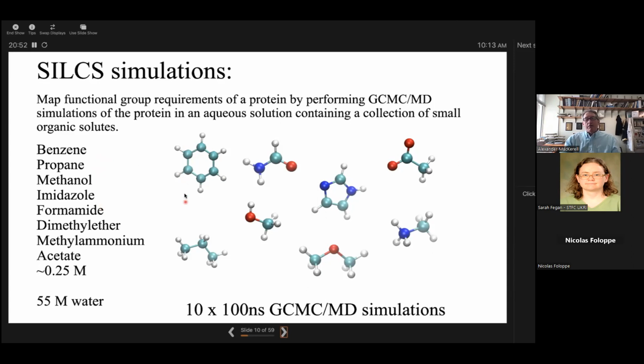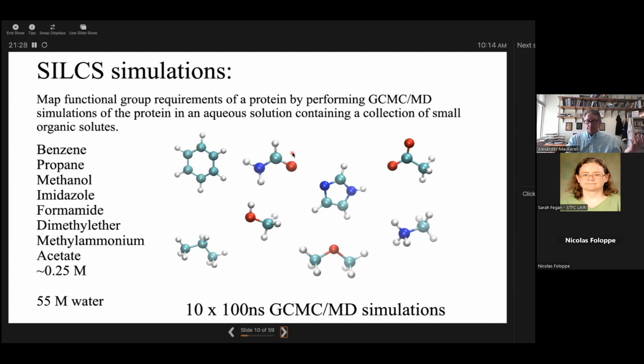And you can see we've got aromatic, aliphatic, various hydrogen bond donors and acceptors, imidazole representing a heteroaromatic, and then we've got negatively charged acetate, positively charged methylammonium, and so on. So we have this collection of solutes at a concentration of approximately 0.25 molar in the presence of an explicit solvent representation, and we do an extensive amount of sampling, approaching a microsecond of MD. And then from this, we can get the functional group probability distributions for all these different classes of functional groups